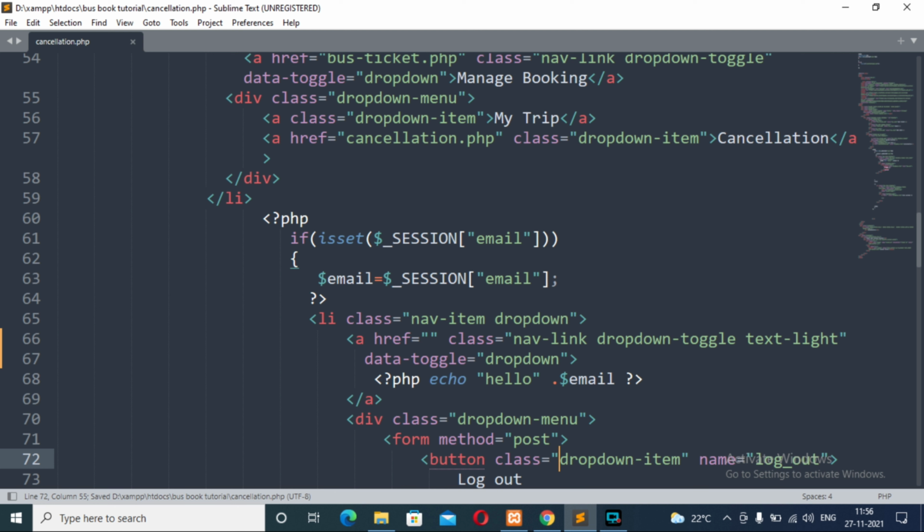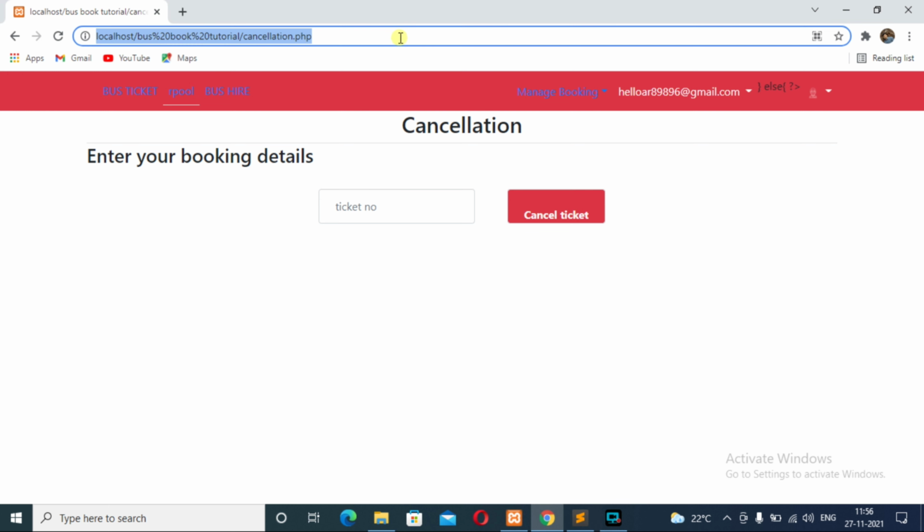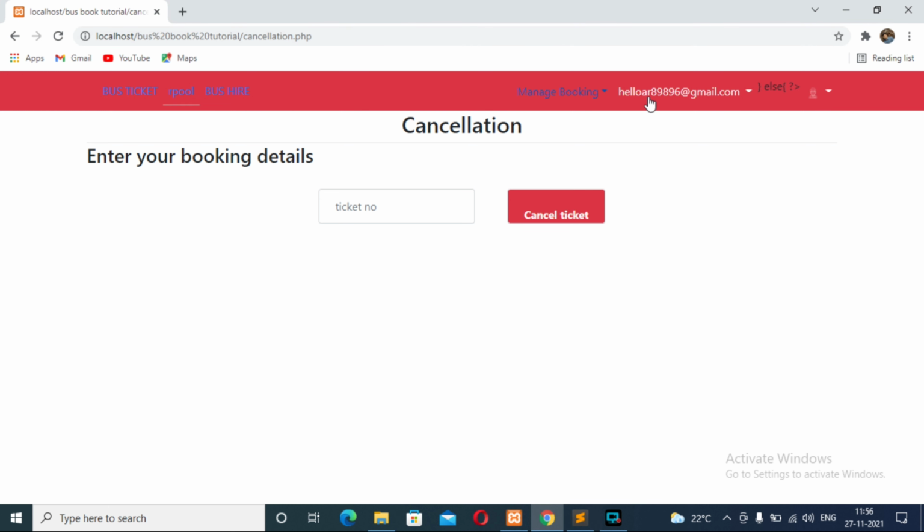This is for the option that will be visible after clicking on that email ID. Okay, so save it and see the changes first. As you can see now on the screen, on clicking the email ID, we can see a drop down with the logout option visible.